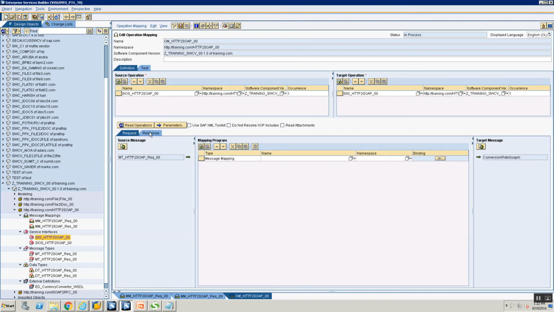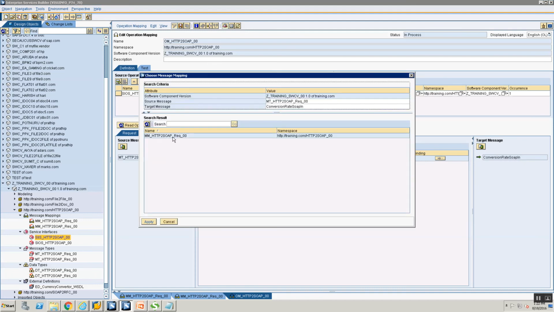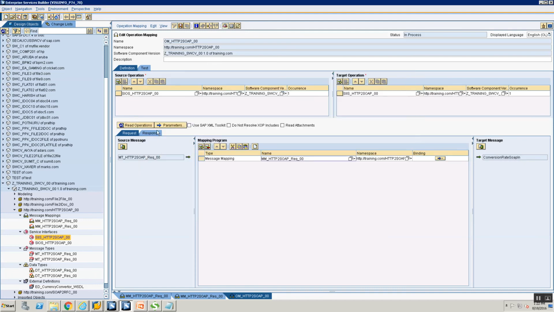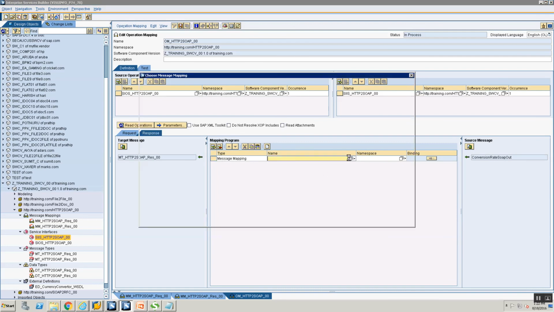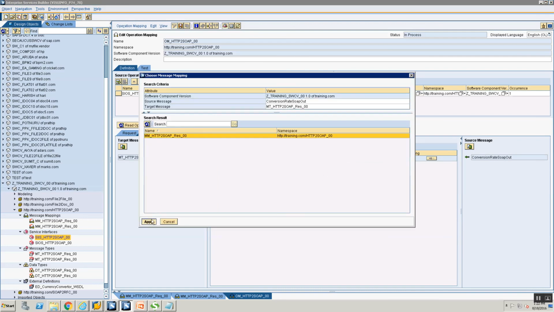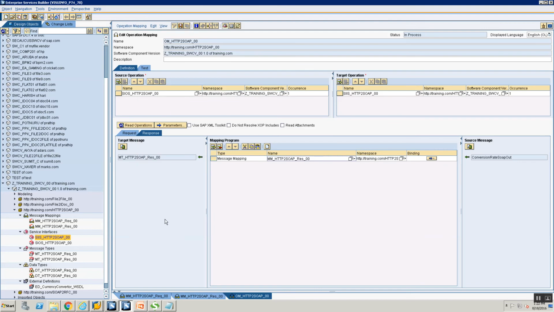It's going to ask for the request mapping and the response mapping, right? So the request mapping is going to be from the message type to the external definition. So let's select this. It will display a message mapping and select the message mapping. Go to the response mapping tab. The response mapping is from the SOAP output to your HTTP response message. Select it and save. Okay. With that, your operation mapping is also created, and save your operation mapping.